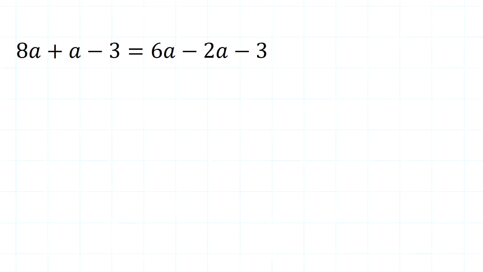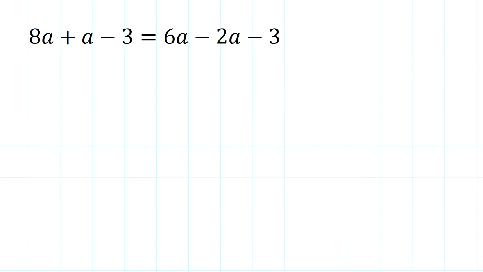So when I combine on the left-hand side 8a and an additional a, that gives me 9a, right, minus 3. And that equals 6a's minus 2a's would be a 4a, and then also minus 3. Now what's nice about this is I can see each side has a 3. I'm just going to add 3 to each side. When I do that, I get that